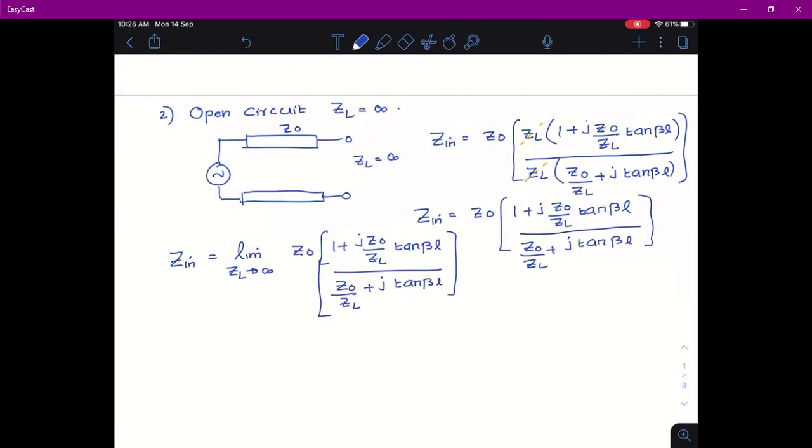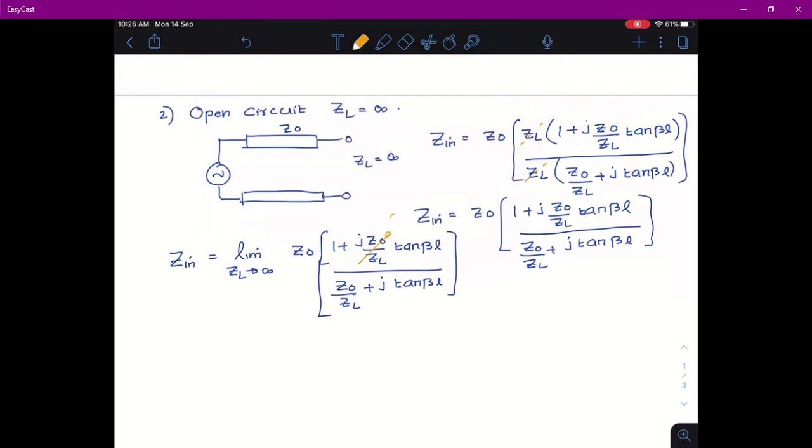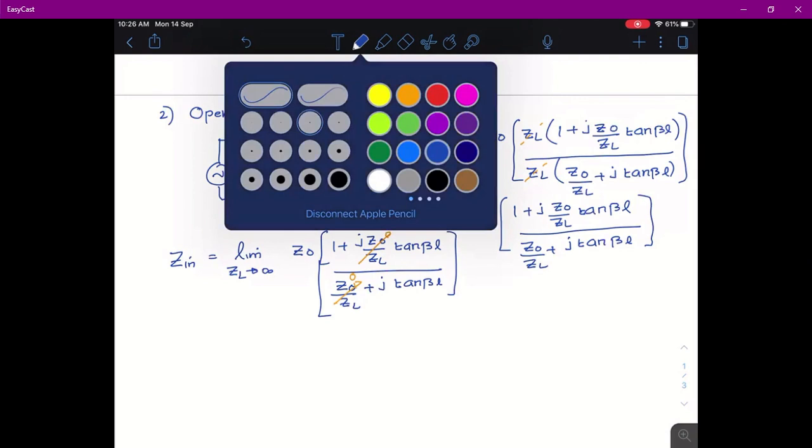Now, when you apply the limit, 1 by ZL, which will be equal to 1 by infinity, will become 0. So, this will become 0, this also will become 0. So, your final expression will be,